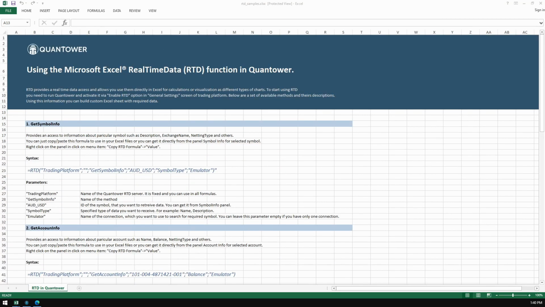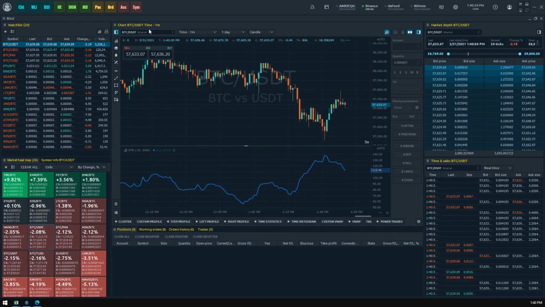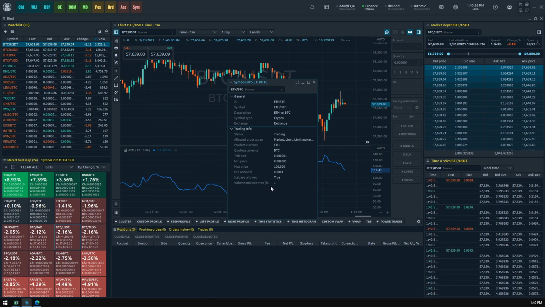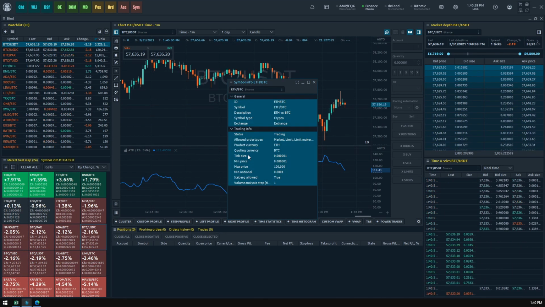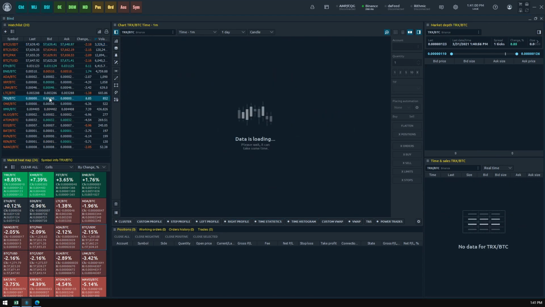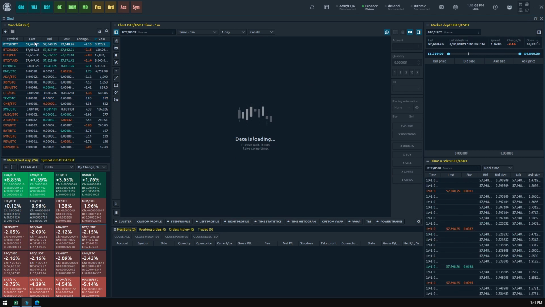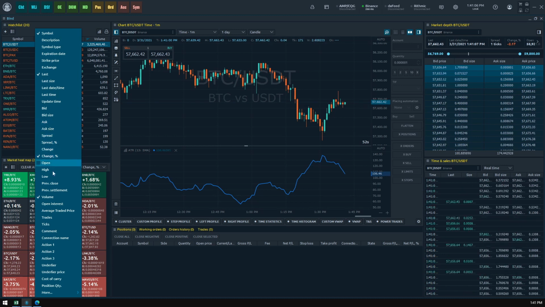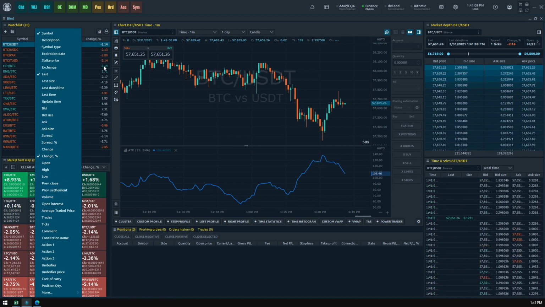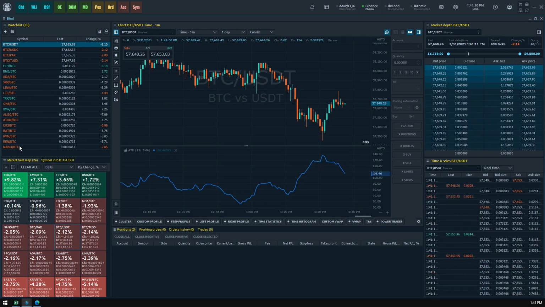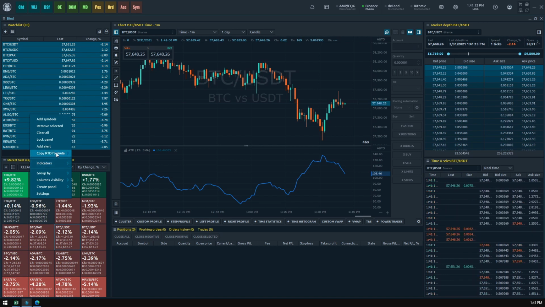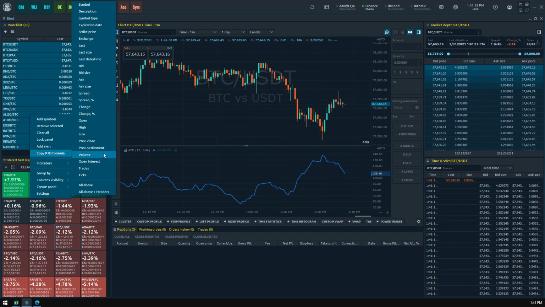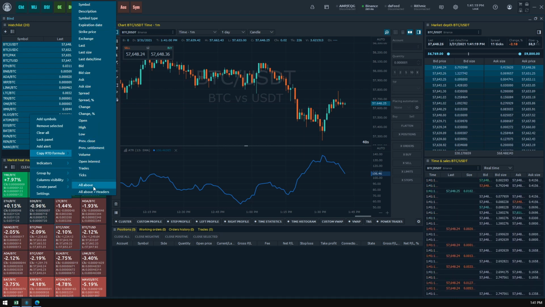As a simpler approach, Quantower supports RTD export of trades data, account, and symbol info directly from its panel's watchlist, account info and symbol info. Let's assume we want to export data from our watchlist. We can select the required symbols and enable the necessary columns. When the dataset is appropriate, we should select symbols and right-click on them to call the context menu. There you will find an option called Copy RTD Formula, where you can select a single data type or your current table view using the All Above option.